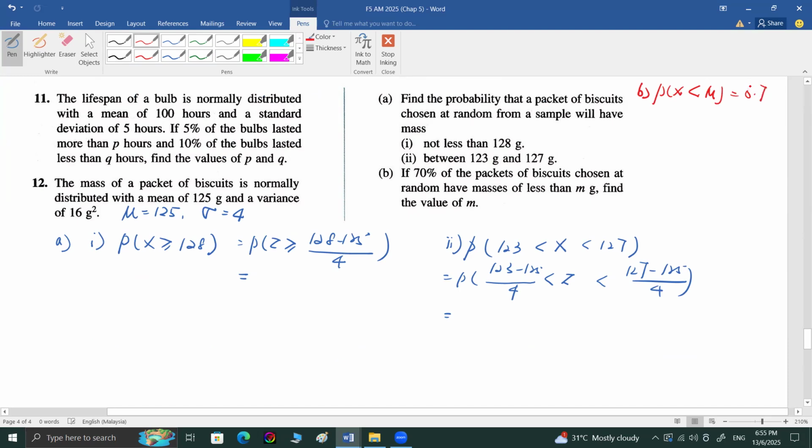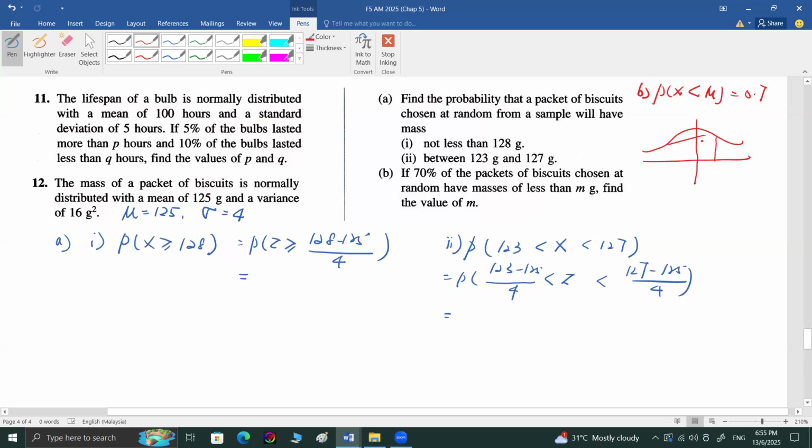Okay, remember 0.7? You check the probability there. So for you that using MX, you have to change here. So means the probability that, okay, it is smaller than,